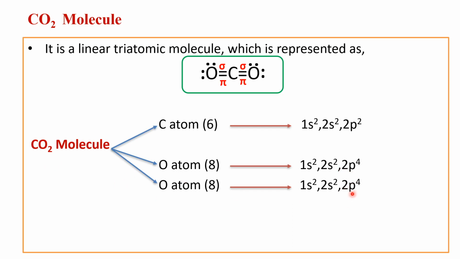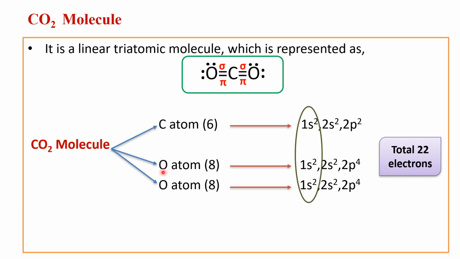So from these electronic configurations or the atomic numbers, we can say that there are total 22 electrons present in the CO2 molecule, right? Now out of these 22 electrons, the 6 electrons, or we can say the first three orbitals, the 1s, 1s, 1s of the carbon and the two oxygen atoms, they are non-bonding, or we can say they are not used for the bonding purpose. So for the bonding purpose, we have to use only 2s and 2p of carbon, 2s and 2p of first oxygen, and 2s and 2p of the second oxygen. So these atomic orbitals are used only for the bonding purpose.